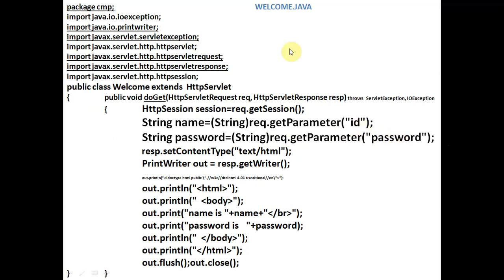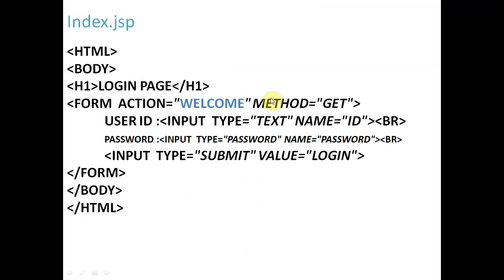So we have given here request.getParameter ID, request.getParameter password. So whatever we write, we'll convert it into string form. So we have mentioned here String. This is typecasting, and ID will be converted into string, and password is also converted into string. So we will have name and password as two variables. Name is a string variable, password is a string variable. So the first value is transferred to the name variable, and the second value will be transferred into the password variable. So these are two variables of this index.jsp, name and password, and these will be transferred to the name and password variables of the web server.